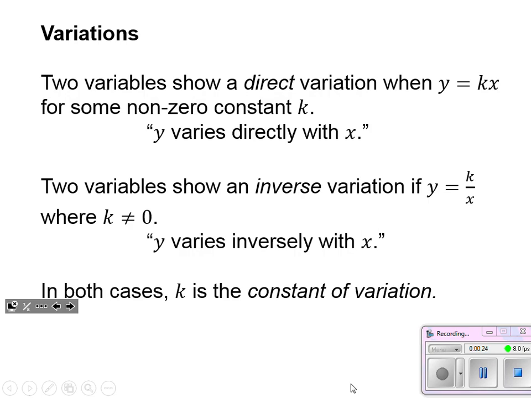If you hear direct variation, or as you can see in quotes, y varies directly with x, then it means that we have a relationship where our y value is equal to some scalar multiple times x. Okay, so that k just represents that constant. It is some number. Now, an inverse variation is one that follows a pattern y equals k over x. So now x is not in the numerator, just like y. Now it's in the denominator on the other side of the equation, and we still have that k. And in either case, that's referred to as the constant of variation.